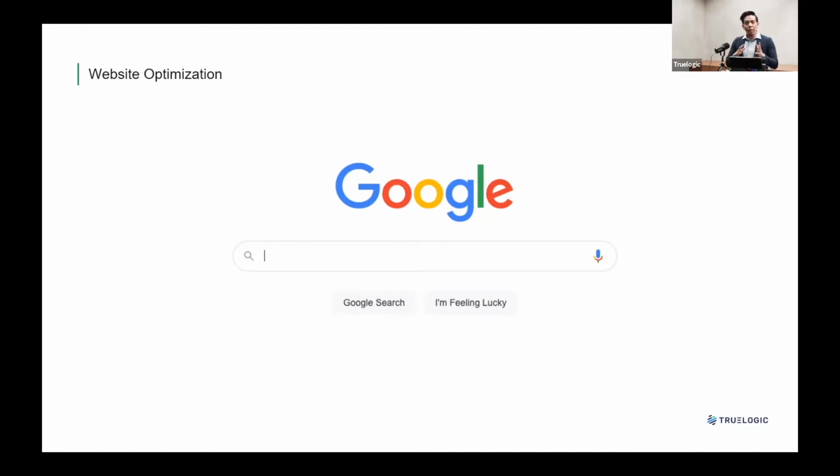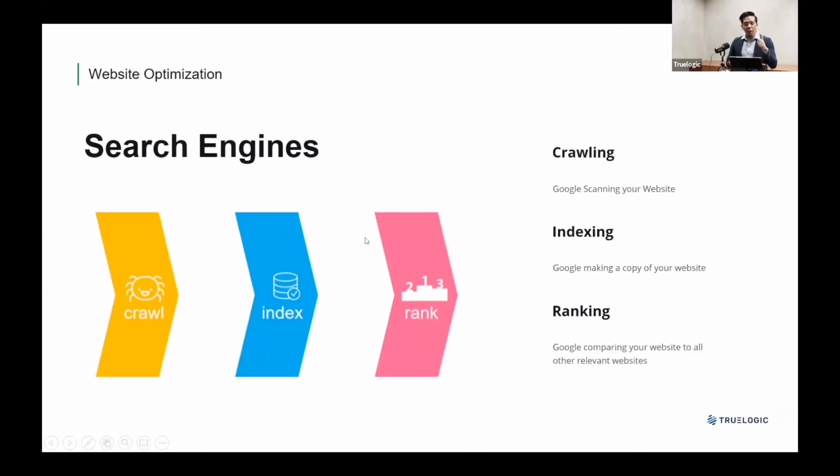But what is a search engine? The way I like to explain this is a search engine is really just a very, very, very powerful website with three main functions. And I always want people to understand the fundamentals of these functions. The fundamental function of a search engine is they crawl, they index, and they rank. To put that in layman's terms, what we mean is